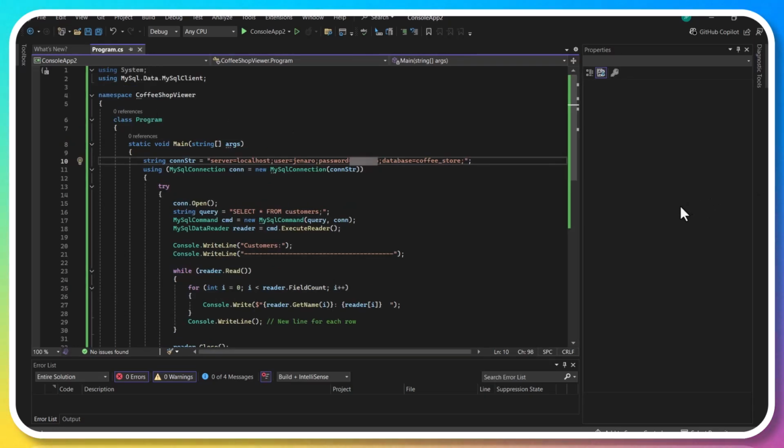From the database coffee store, we have the tables customers, orders, and products. And this is the order in which we display the tables.